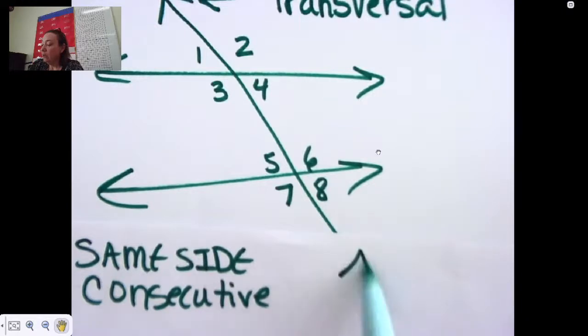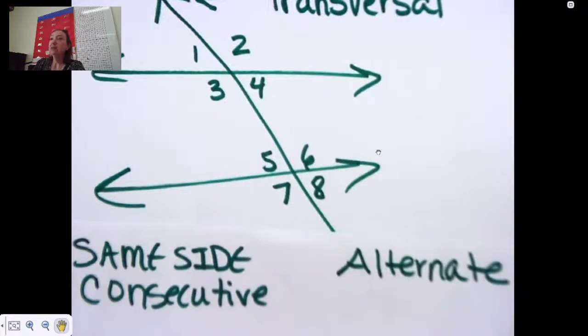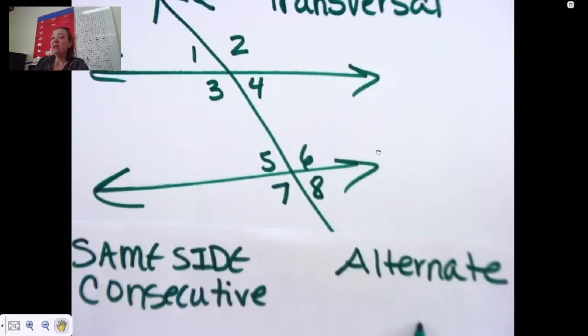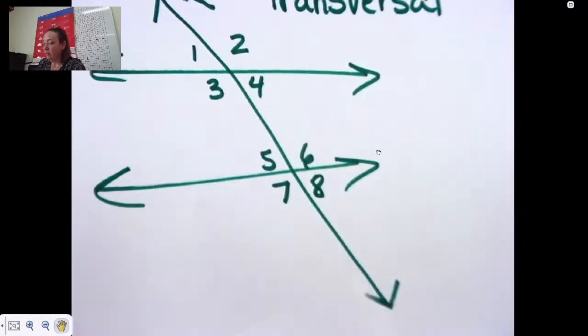And then we have the ones that are alternate. What's alternate mean? Different, right? Opposite sides. Now, when we name these angle pairs, we first tell whether they're alternate or same side. Then we say if they're interior or exterior. I know that sounds confusing, but we're about to do some, okay? We're going to start with